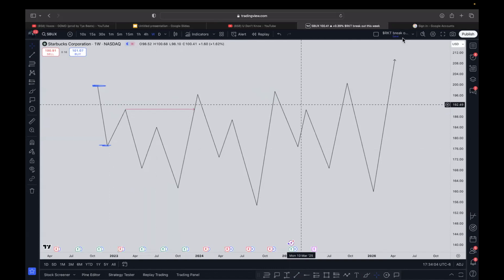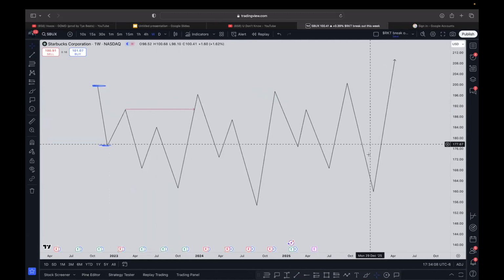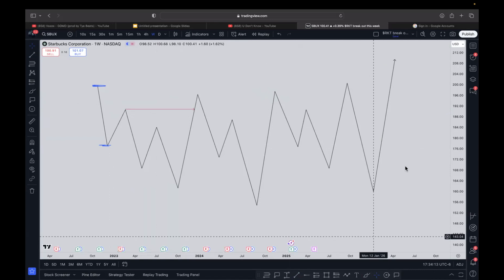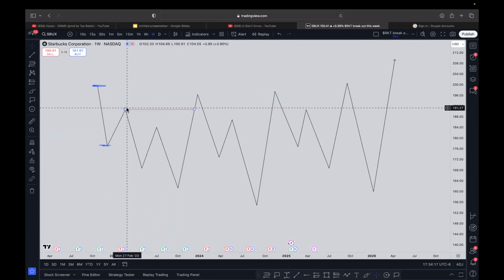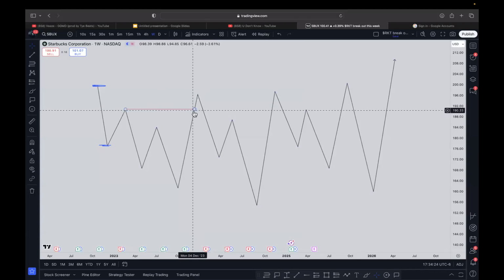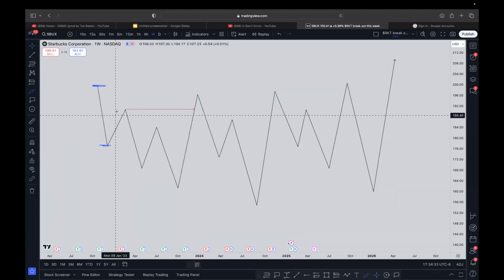You guys aren't paying attention. I don't think anyone got it right. Okay, one person got it right. Maniela got it right. So this red line here, the break of this high doesn't mean anything. A lot of you guys said a structure break to the upside. That's incorrect. A lot of you guys said market structure shift to the upside. That's incorrect. Now, the reason why this isn't a market structure shift to the upside is because